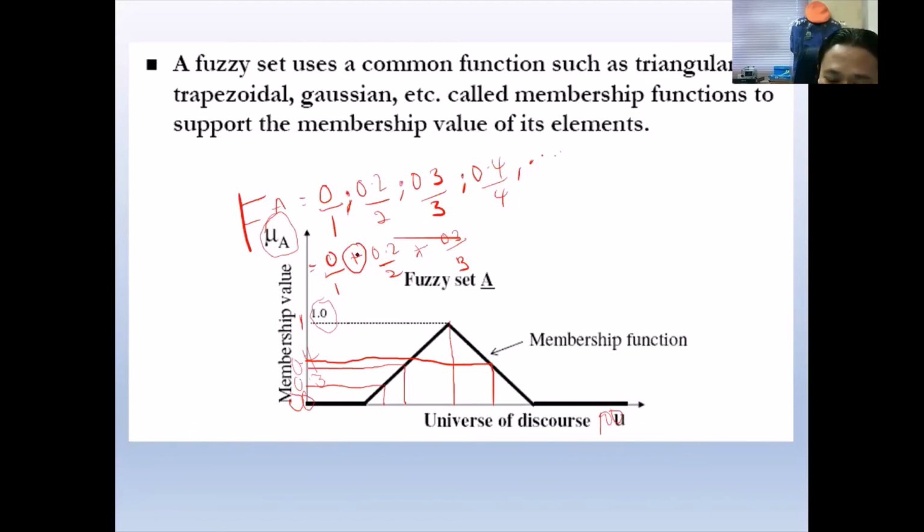Please make sure you see this symbol, the plus, but the plus is just a symbol. You do not have to operate on it, for example 0 plus 0.2. It is just a symbol for the next sequence: sequence number 1, 2, 3, and so on. This we call the fuzzy set in numerical, and this one the fuzzy set in graphical. In MATLAB we normally use the graphical, but in our class we use both numerical and graphical.